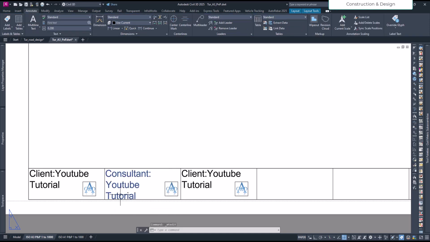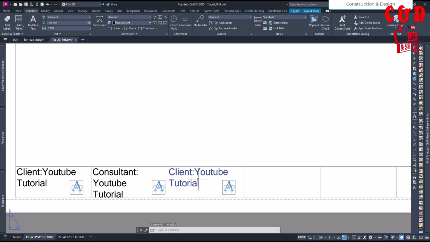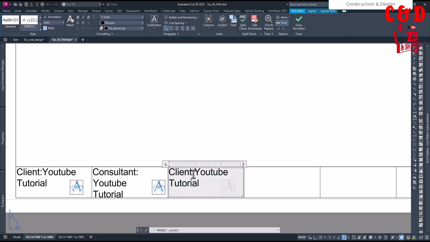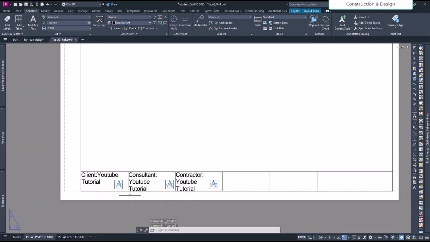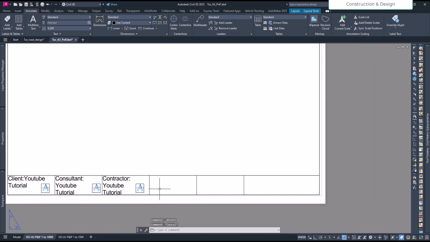Cool. Another thing, another person that would be here, or would be the contractor. Contractor. Okay, and you hit enter and adjust it. Okay, adjust it as you just try and adjust it. It will be adjustable. So once we display these information, then other things we have to display is like who